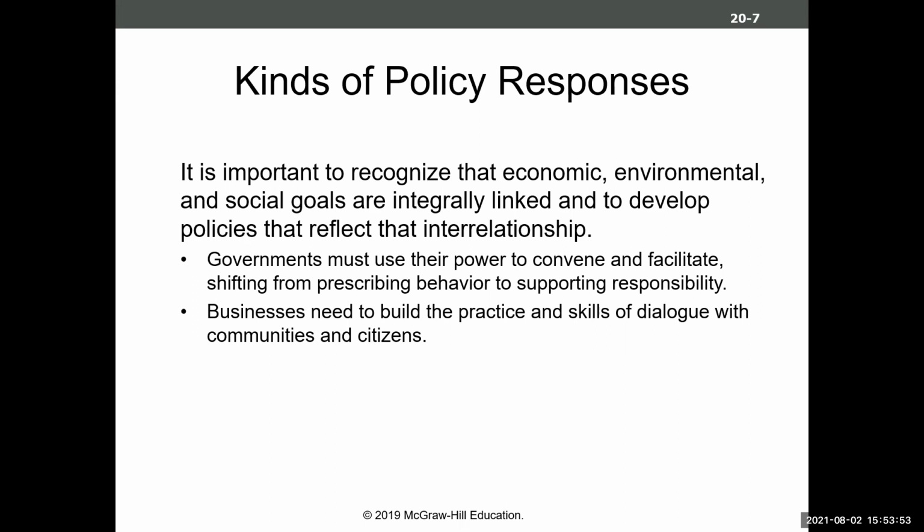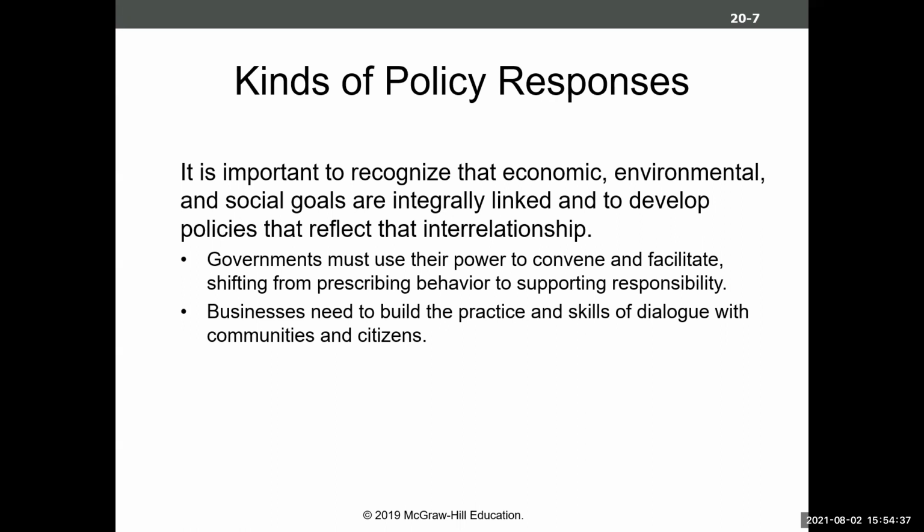And so again, it's important to really recognize the interrelationship between economics, between social goals, between environments and environmental health. And so really what that comes down to is that governments need to use their power to facilitate, you know, and move from prescribing behavior that runs against those interrelationships to generating behavior that is supporting those relationships and facilitating those dynamics. So maintaining a good economic foundation while keeping environments healthy and keeping society running and having good